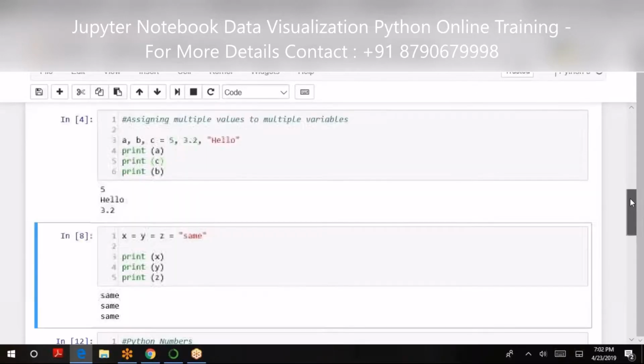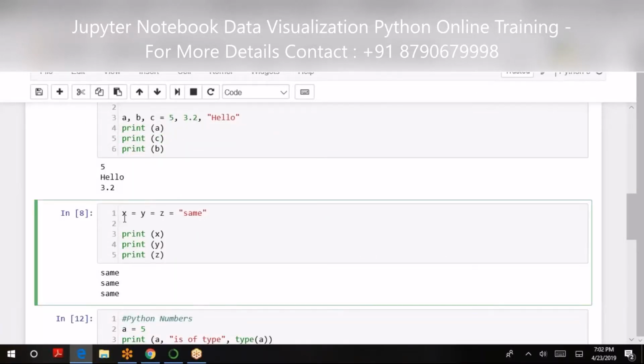Likewise, if I have to assign the same value to multiple variables, so the same data to be copied to multiple variables. A particular use case is, for example, you want to initialize multiple variables with the same value.